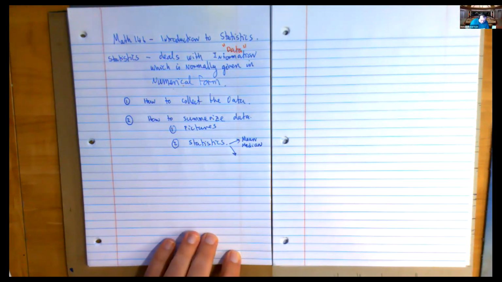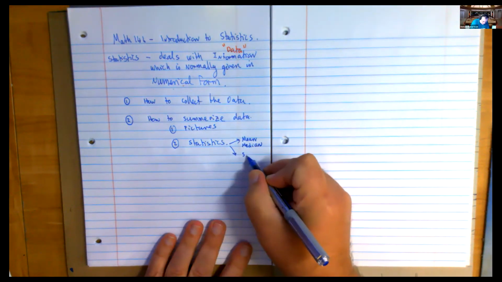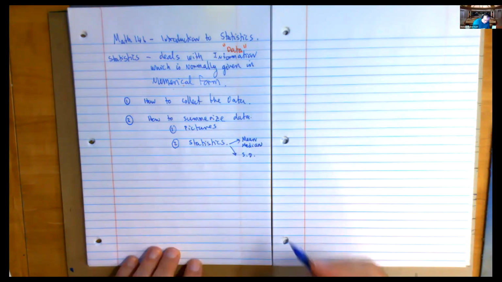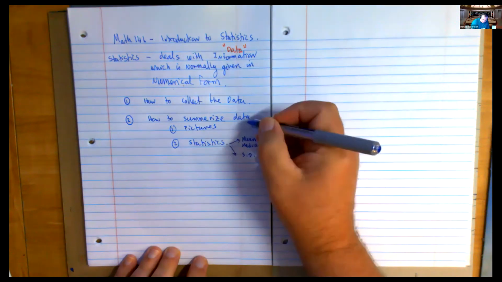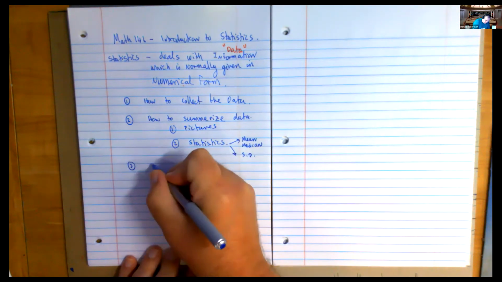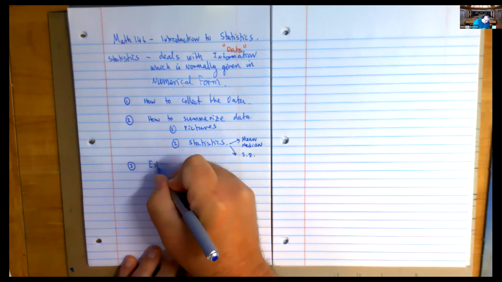And there's other ones that you may have met, probably in things like chemistry. Did you ever do chemistry experiments where you got the standard deviation in the mean? You recollect doing that in physics or some kind of experiment? That's another measurement, but that measures how spread out the data is. So first how you collect the data, then we summarize it. And thirdly, we then try and estimate